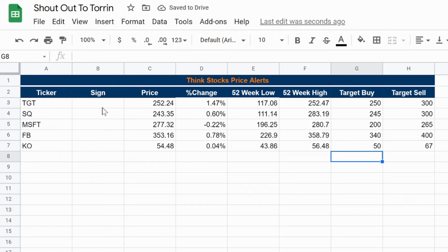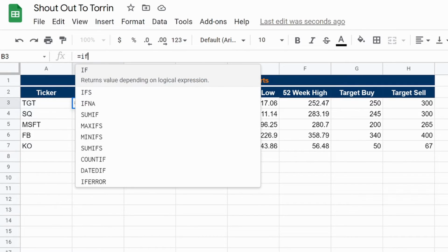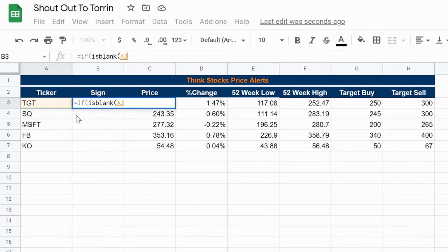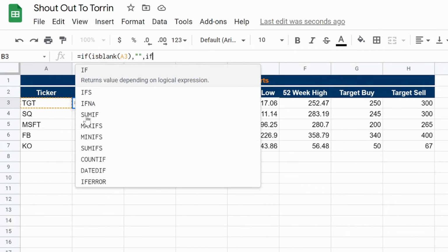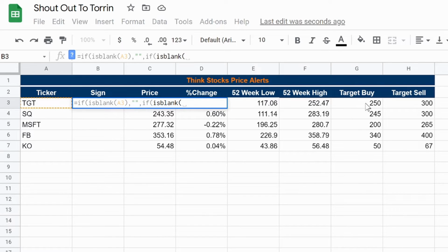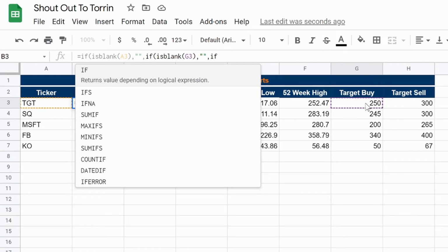All right, so now that we have all of that, we could go back to sign and then create our sign. This is going to be our first longer function, but it's not going to be terrible. So this is what we want. The equals, if is blank, just like always. So if is blank, make sure everything's spelt right. A3, so we're going to click on A3, close that, comma, quotation, quotation, comma. If is blank again, is blank, G3, so all the way over here, comma, quotation, quotation, comma, if is blank again,